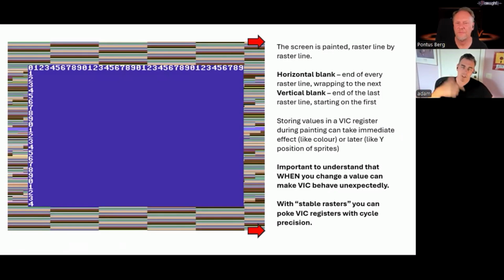And just like the CPU is doing its thing every cycle, executing whatever instructions it has in memory, the VIC chip is doing things each cycle as well. And depending on where you are updating the memory locations that correspond to the VIC chip, different things might happen. And this is where